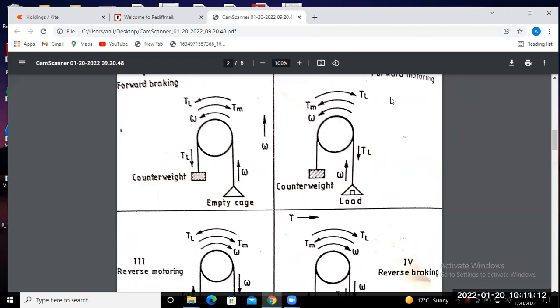Okay. In the first quadrant, both electromagnetic torque and speed are in the same direction, as we see from this quadrant. That means torque along the x-axis is positive, and speed is also positive. When we take the positive direction of electromagnetic torque and speed, that means the conventional direction we consider is the anti-clockwise direction. So this quadrant is known as the forward motoring mode, where electromagnetic torque and angular speed are in the same direction, the anti-clockwise direction, but load torque acts in the